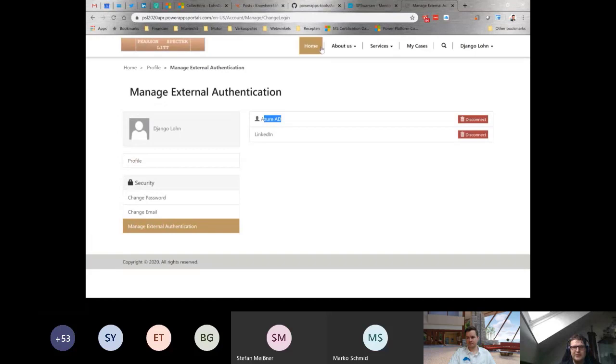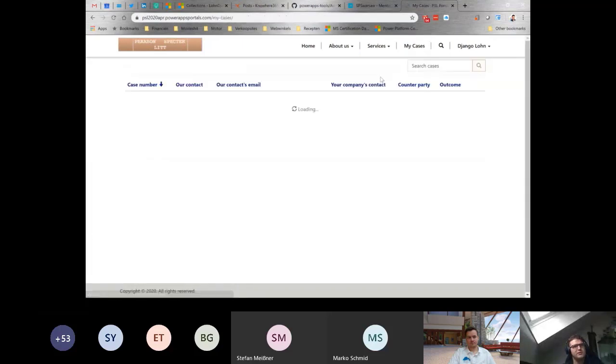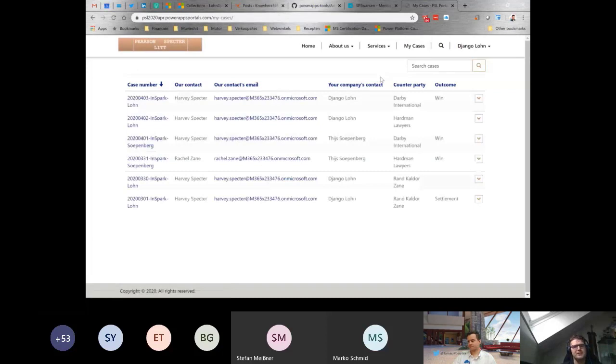Okay. Then I'm going to show you that the navigation changed, right? Because when you're a logged in customer, you can see the services that we provide. But maybe more interesting is the cases that we have. So let's say I'm a customer. I can see my cases here. So I can see the cases. I can see the case numbers. I can see who my lawyer is in a specific case,